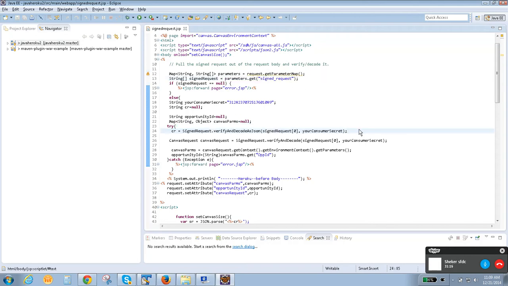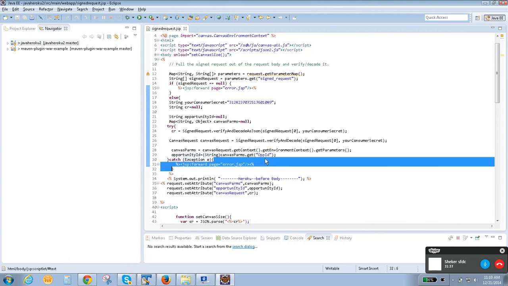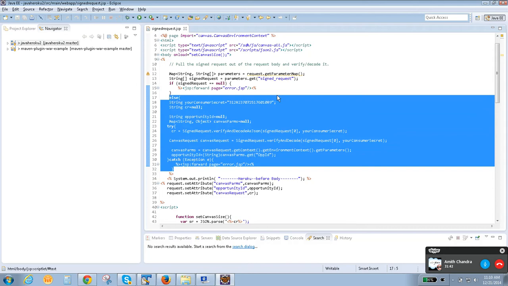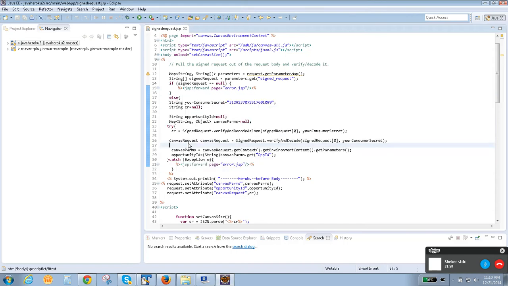So we can also send additional parameters. These are parameters sent by the Canvas app URL, right? Yeah. Apart from the standard parameters, we can send our own parameters also. I will show you how to send. I have the documentation. I will send it to you so that you understand it better.